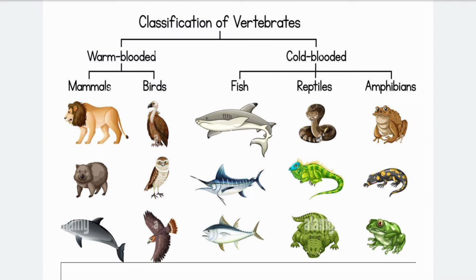Cold-blooded animals cannot regulate their internal body temperature according to that of the changing environment. Normally, they find it difficult to survive the extreme temperature conditions. They obtain energy from the surrounding environment. For example, fish, reptiles, and amphibians. We can see how lizards and crocodiles take sunbaths to warm up their bodies to make their muscles or brain